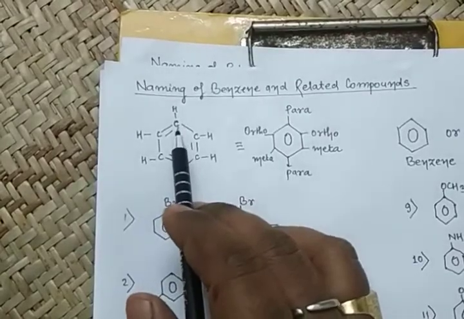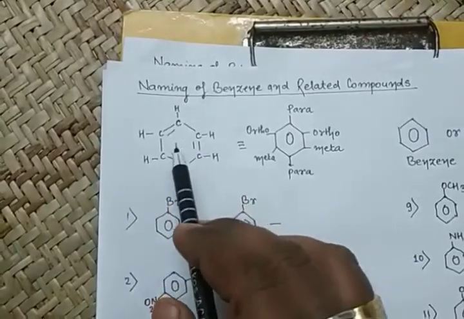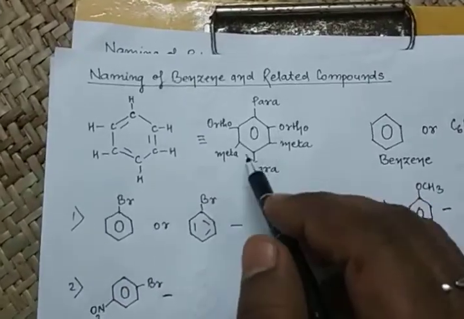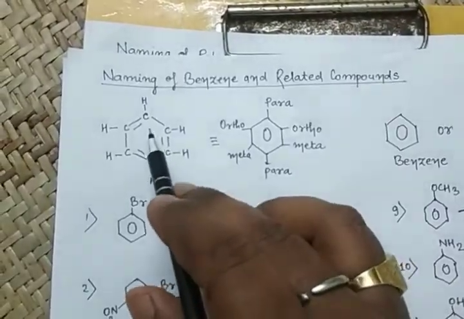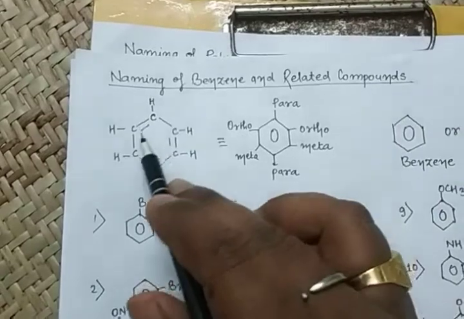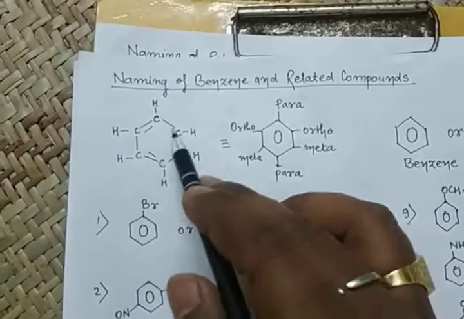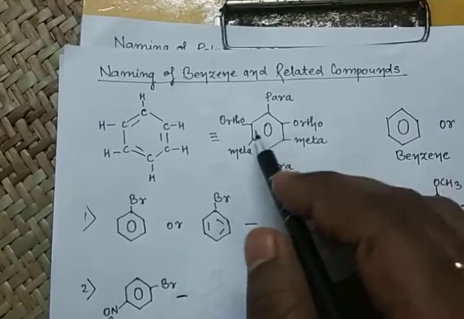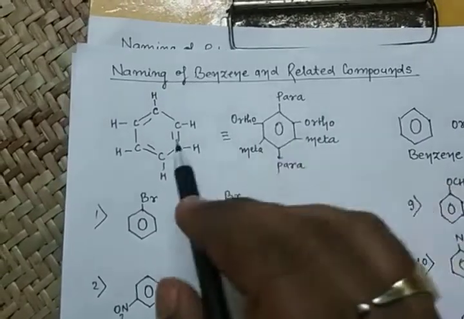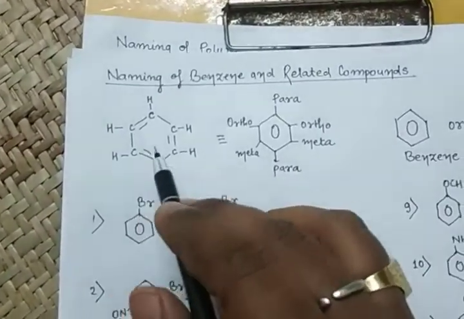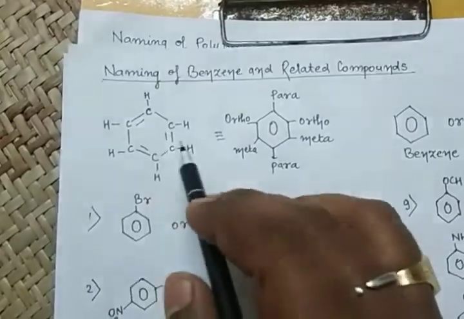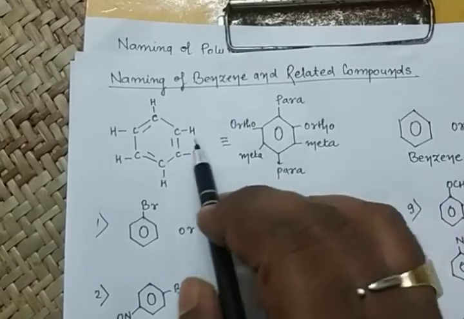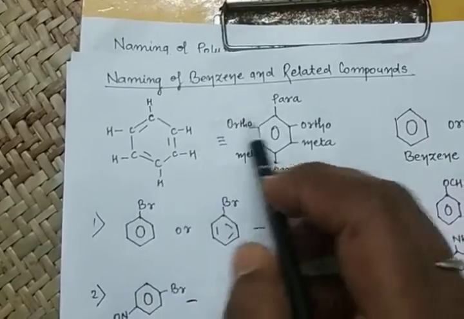You know very well the valency of carbon is 4. Now this is very important. This is the delocalization of pi electrons, so the pi electrons are converted into a ring. This is called the benzene ring structure, and this is the bond line structure of benzene. Clear? Both are equal. This is the symbol of this. So this structure and this structure are equivalent.